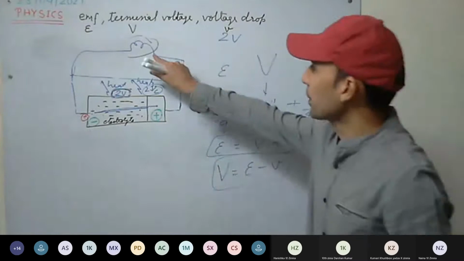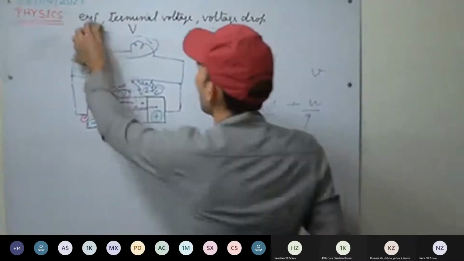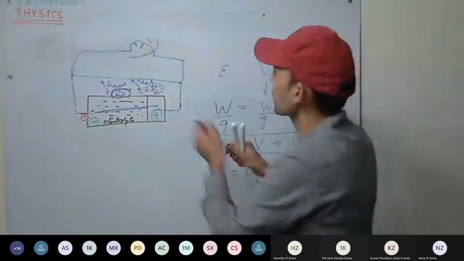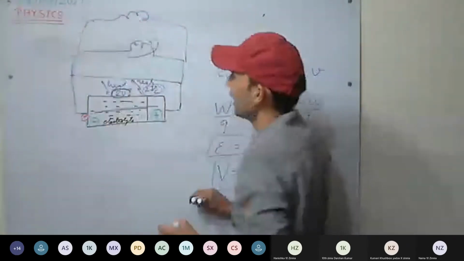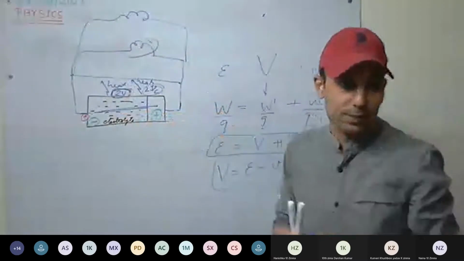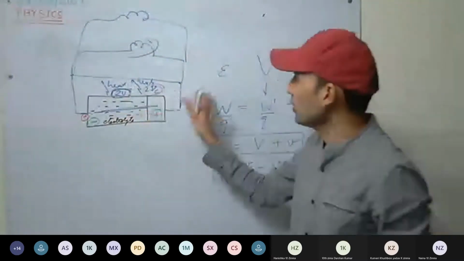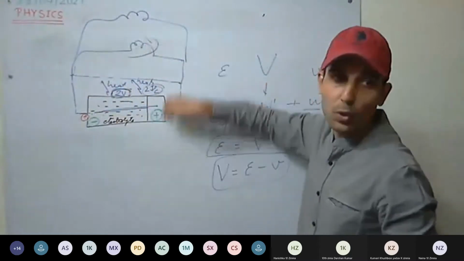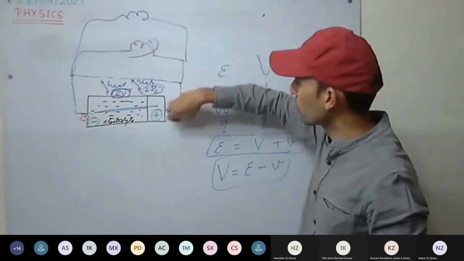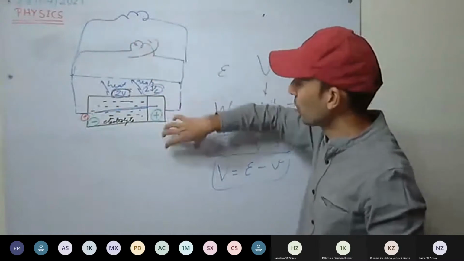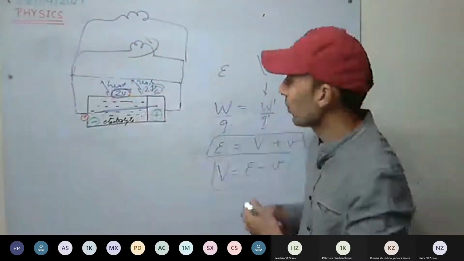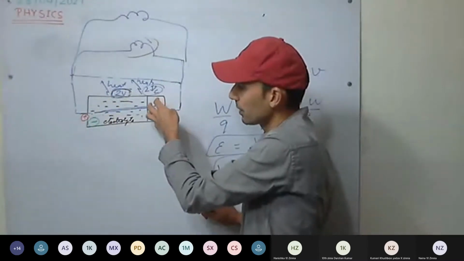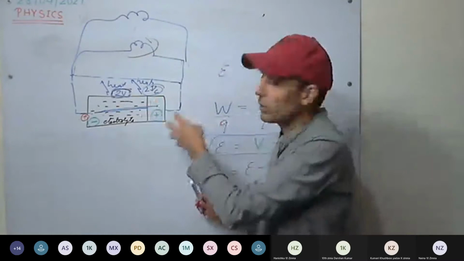This time some current is drawn. Now if I connect more load, it means more current will be drawn. More the load, more current will be drawn. More coulomb will be drawn per second, so more positive charge will be drawn. It means more charge will flow through the circuit, inside the cell, more positive charge will flow.